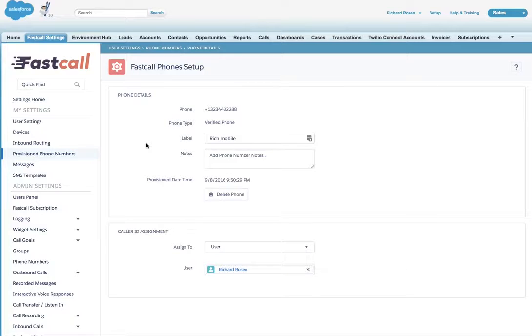Or I can add provisioned phones, which will act as both caller ID and will have the ability to route inbound calls. Awesome. If you do need any additional information on BeLocal, we have a separate page and video that talks specifically about BeLocal,